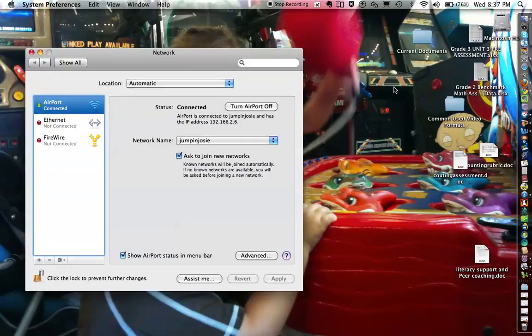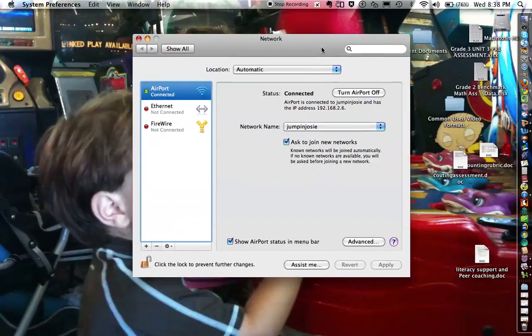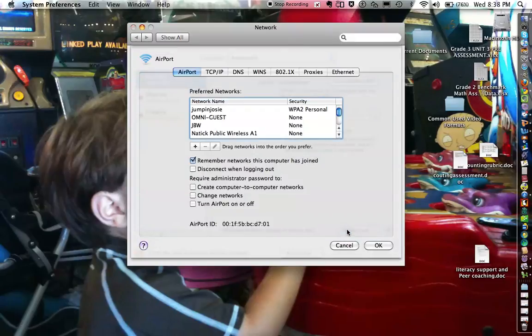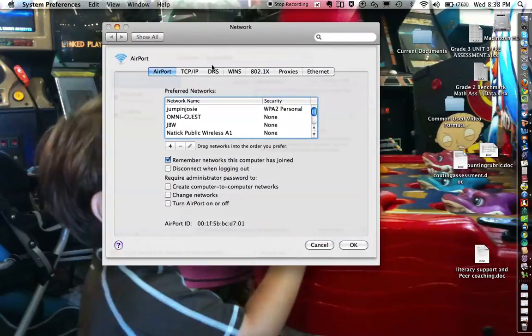And once it opens, you're going to see this interface here, and this basically is the spot in which you can control how your computer accesses the internet. So we're going to go to Advanced here in the bottom right hand corner. And this next window here are all of the menus that configure how your computer actually accesses the internet through